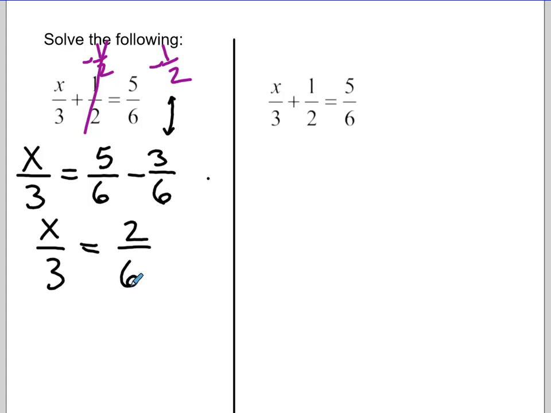Okay, now this is getting a little bit smaller, which is my goal. You'll notice all of these equations start to get smaller as we do more work on them. So my last step to get the x by itself, because that's my goal, is I'm going to, let's do it in red so we can see it. I'm going to multiply both sides by 3. Okay, so this 3 and this 3 cancel, and what I see is that x equals,